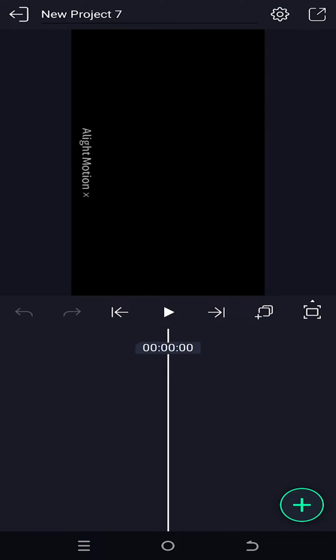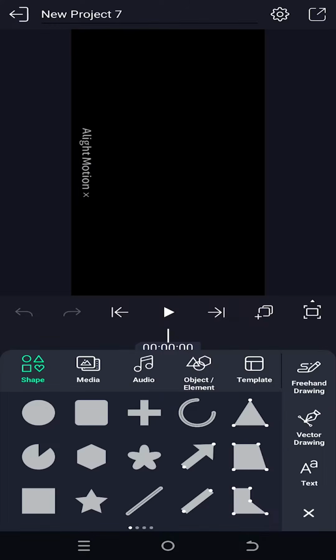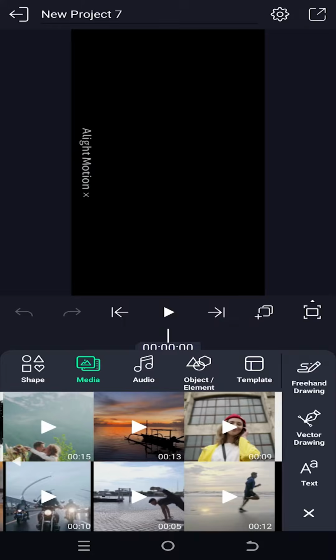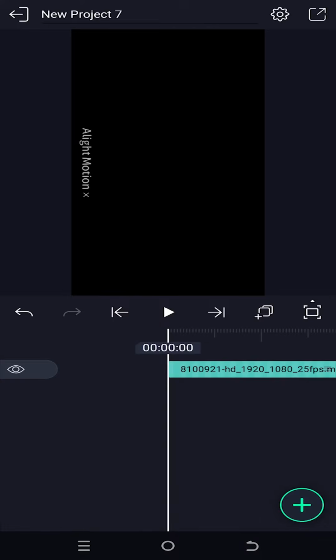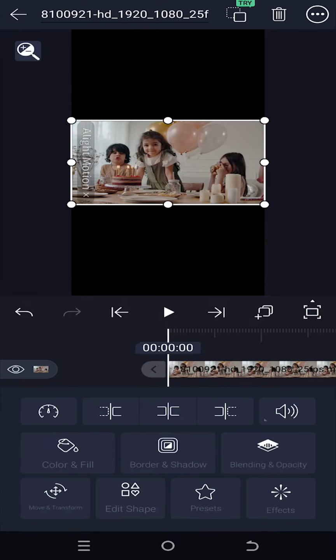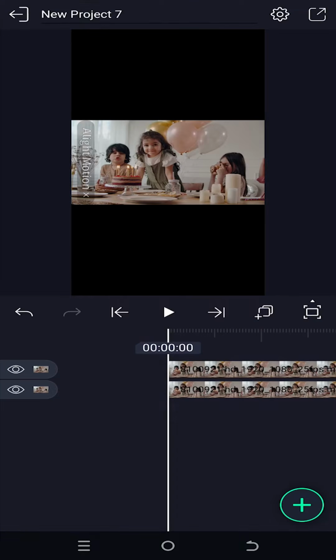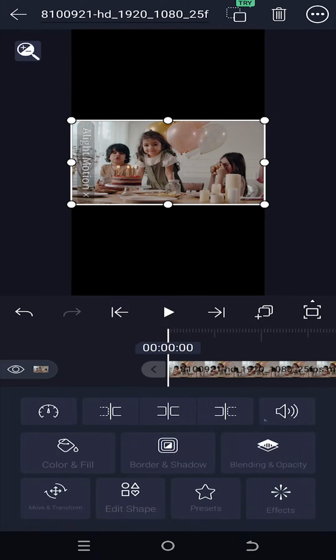So guys, we are inside our new project. Let's import a file. Suppose this one. Now select the layer, tap on this icon, duplicate the layer, select the upper layer, border and